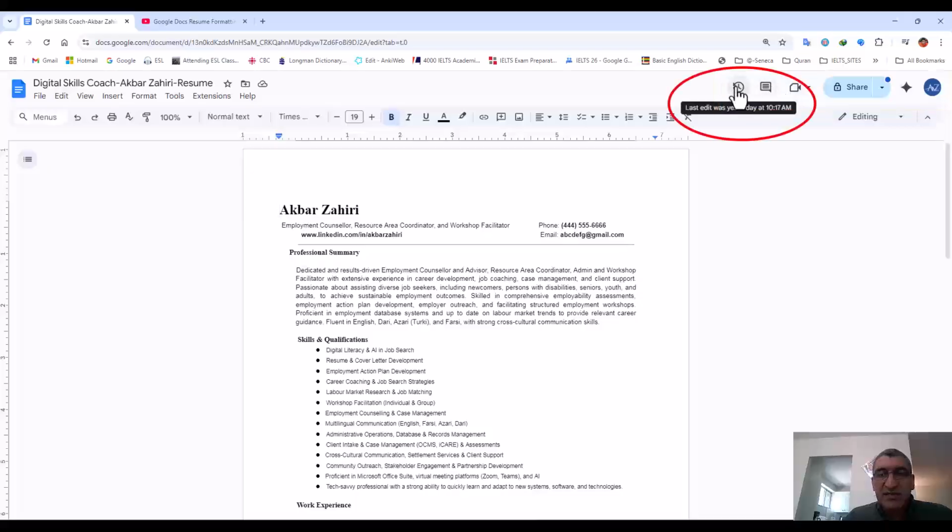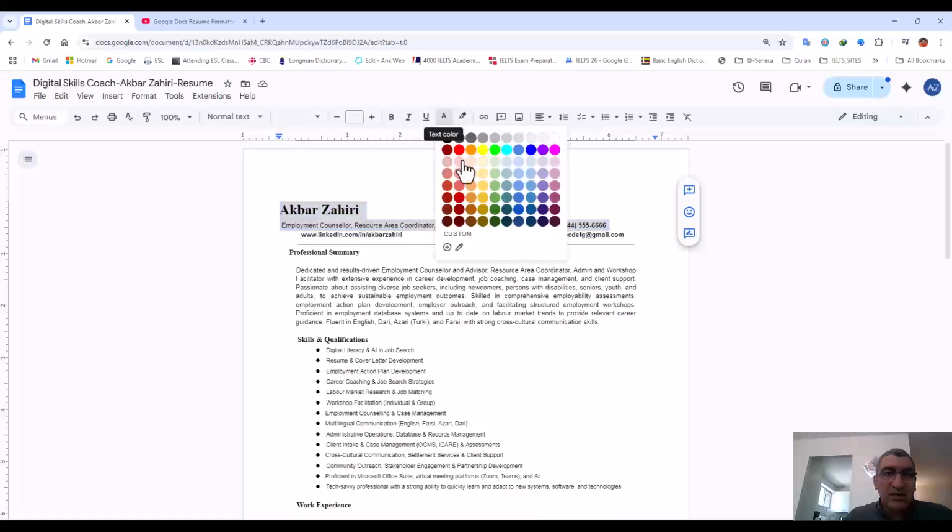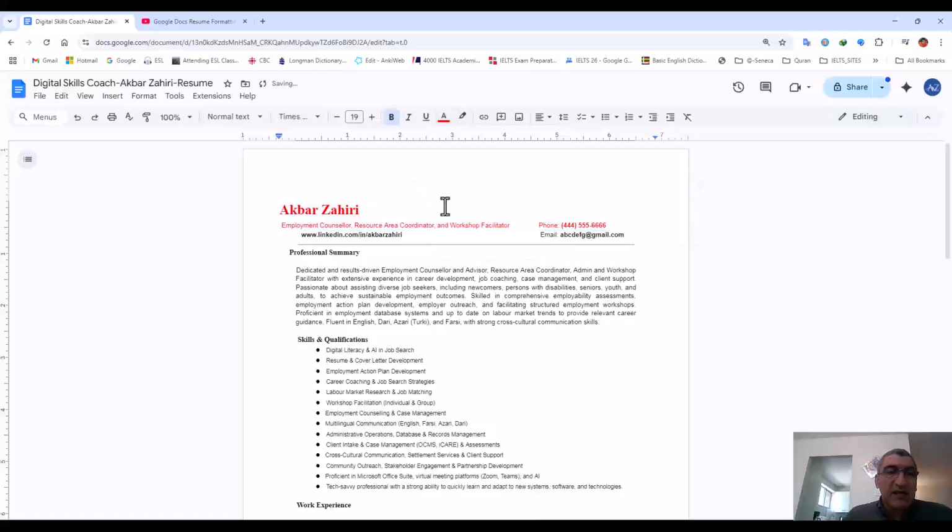The first one, as you see, is last edited. It is the versions, one of the good points of Google Docs when it is saved online. For example, if I change the text color to red, and then I close it, you know that there is no saving button here. When you close and open it, then you may need the previous version. So here you can click here.